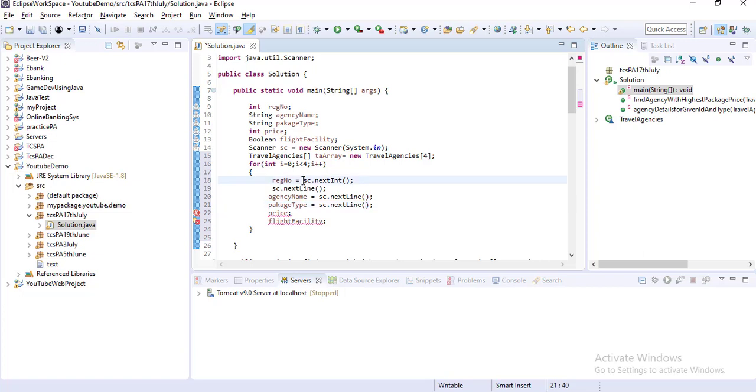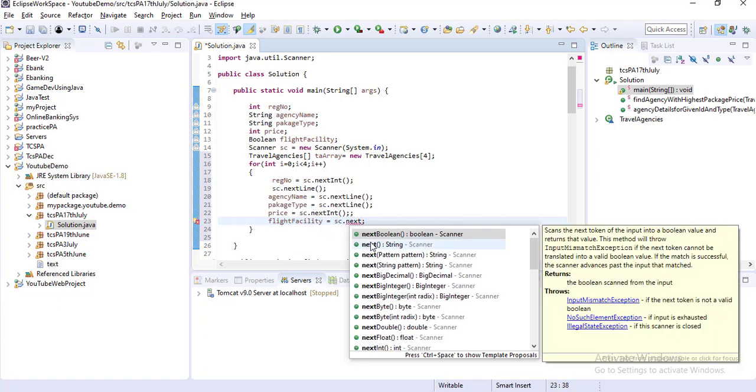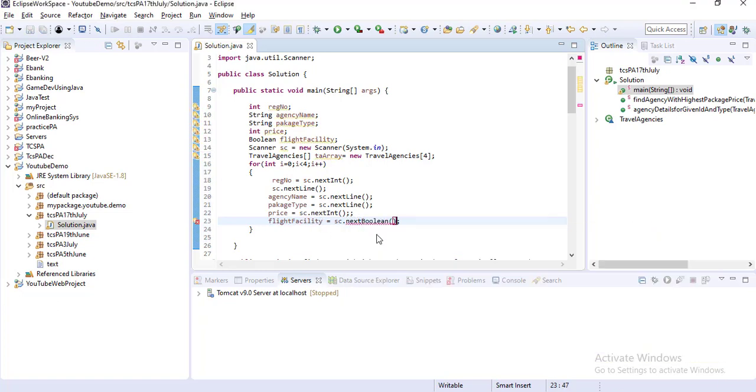Price, it's integer, so use sc.nextInt. Okay, and price equal to sc.nextInt, and this flight facility, this is boolean, so this is equal to sc.nextBoolean. Okay, so in this way what we are doing, we are just reading the values of these parameters from console and storing in these variables, then using